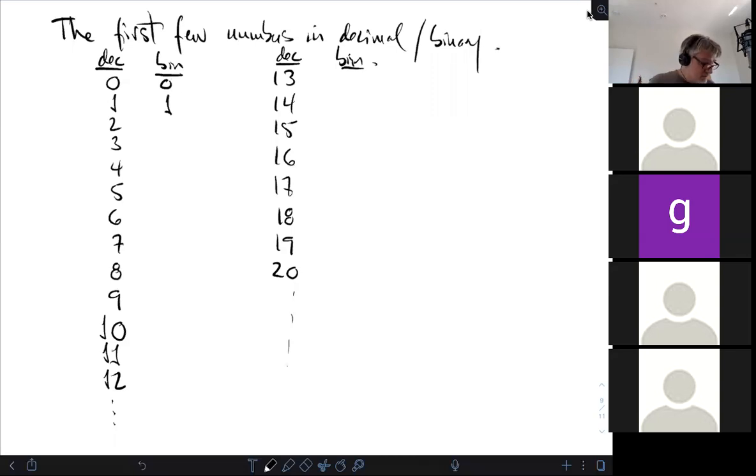So now it's 1, 0, right? 2 power 1 plus 0. Then 3 is 2 plus 1. So that's the next one. 4 is 2 squared. So that's my next place, right? That's 4. And 5,